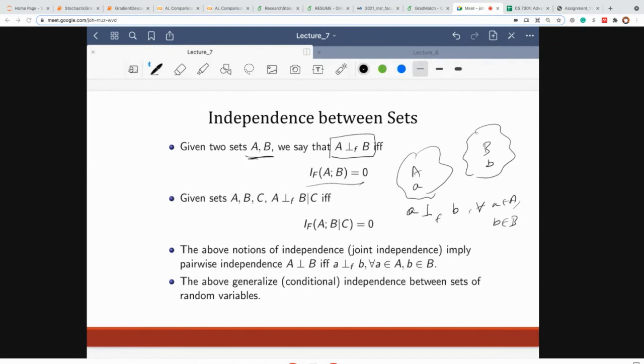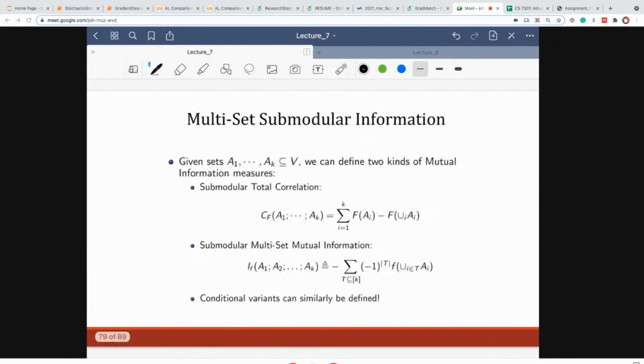So it turns out that this combinatorial independence actually generalizes the standard independence between subsets of random variables, right? Any questions on this so far? Again, like I promised, very soon we will see some concrete examples, and things will hopefully become very clear when you see it in the context of some examples.